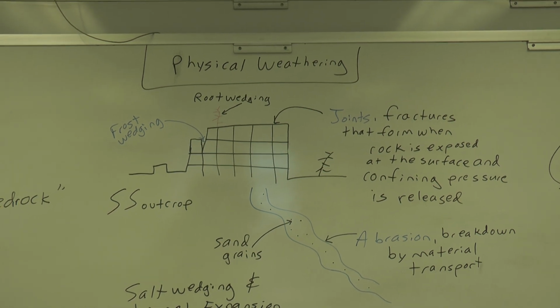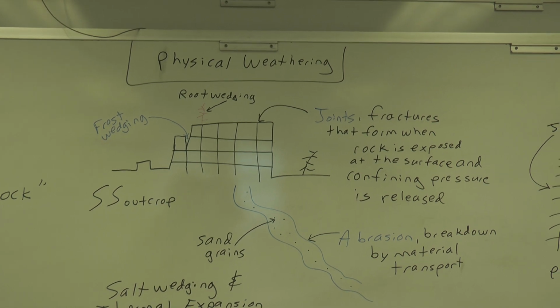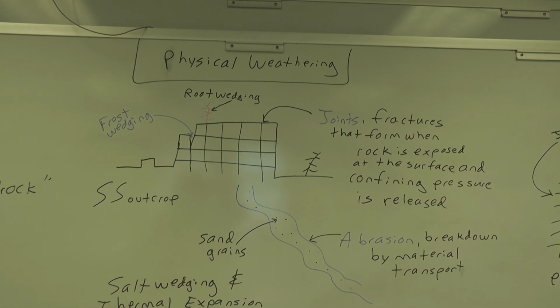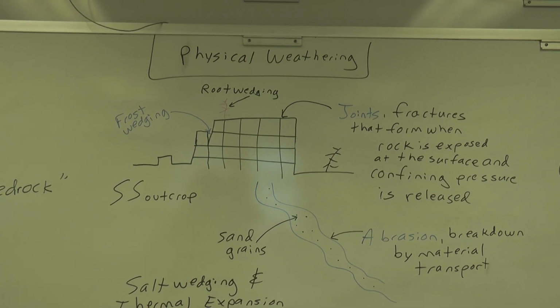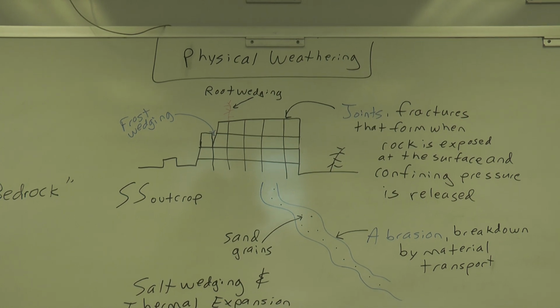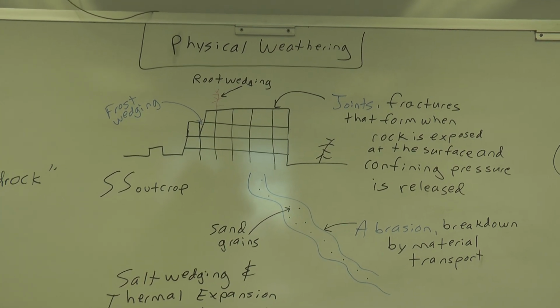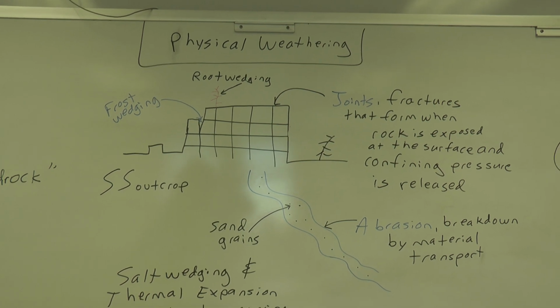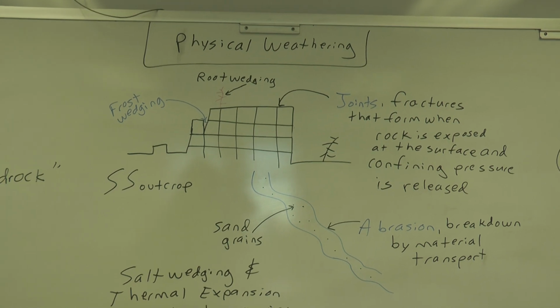Okay, so now we're going to discuss briefly some types of physical weathering. We discussed these types of physical weathering in the narrated PowerPoint, but these are the drawings I put on the board to go along with it. So what are we looking at here? We're looking at a sandstone outcrop in the mountains, say in Maryland,